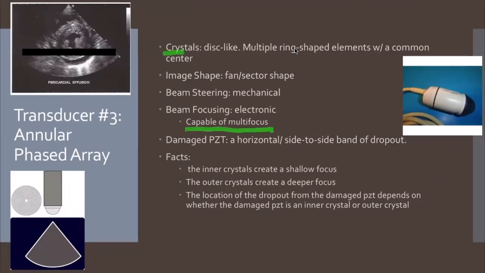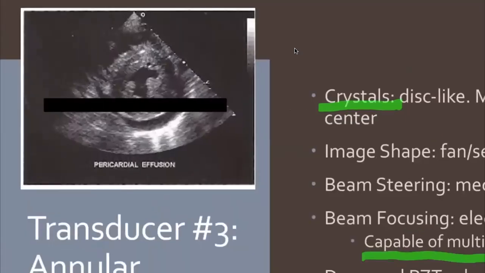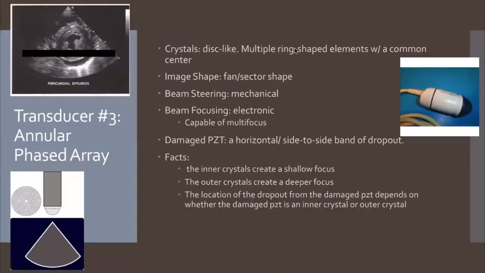So they like to ask questions about the crystals and what's so special about this transducer, and it's capable of multifocus. If you have a damaged PZT, you're going to get a horizontal, or side-to-side, band of dropout. And so this is what this represents. You're just going to get this black line across your screen horizontally. Clearly, this is really dramatic. I added this black line of dropout. It's never this big or this thick or this obvious, but I wanted to do this to help you guys